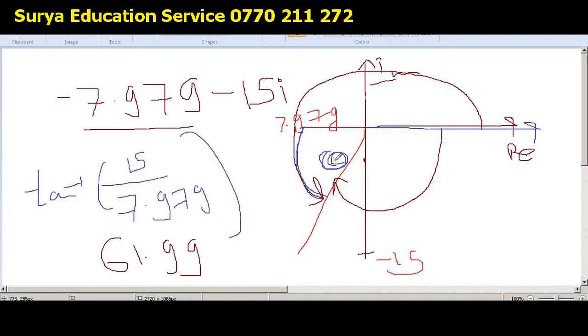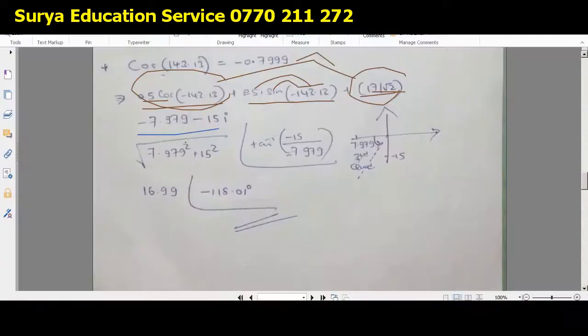So we know this angle. So then 180, so if you are going to consider 180 degrees and deduct 61.99 from that, then you can find the angle measured clockwise from this x-axis from here to there, like this. So that would be 118.01. But keep in mind, guys, the angle that you are going to measure along the clockwise direction, you will call it negative. So that is how you got this negative